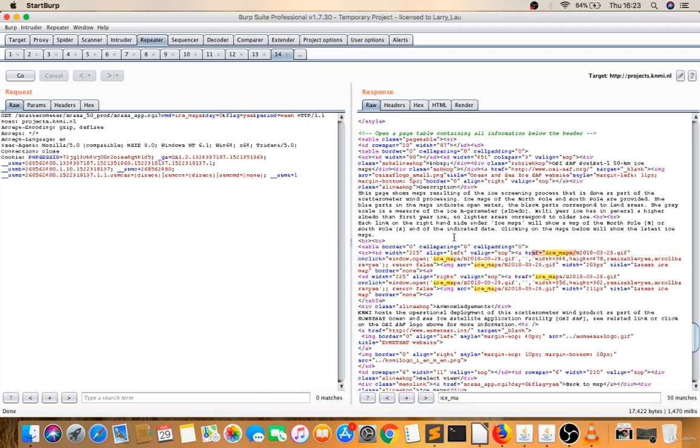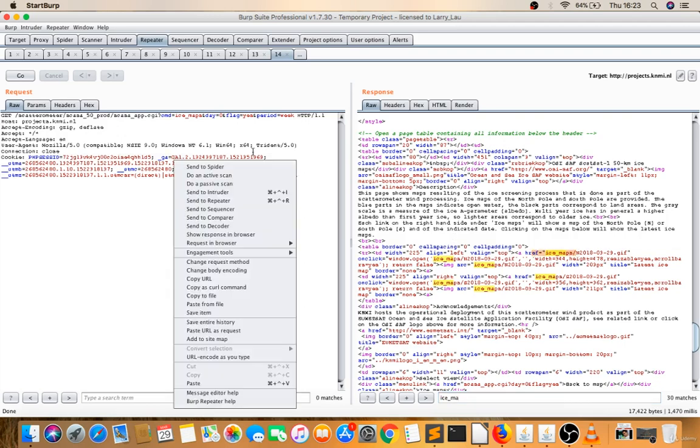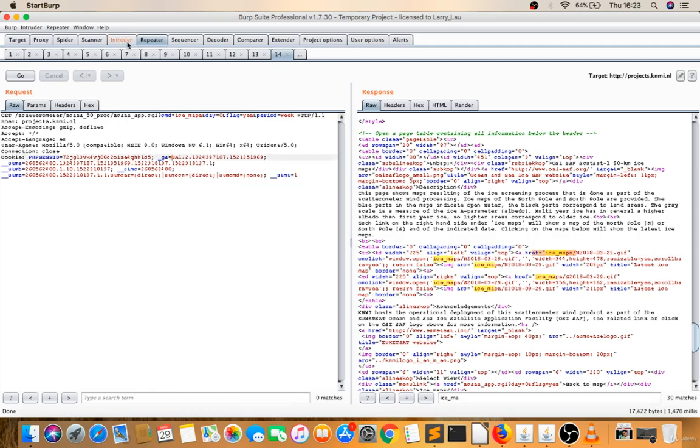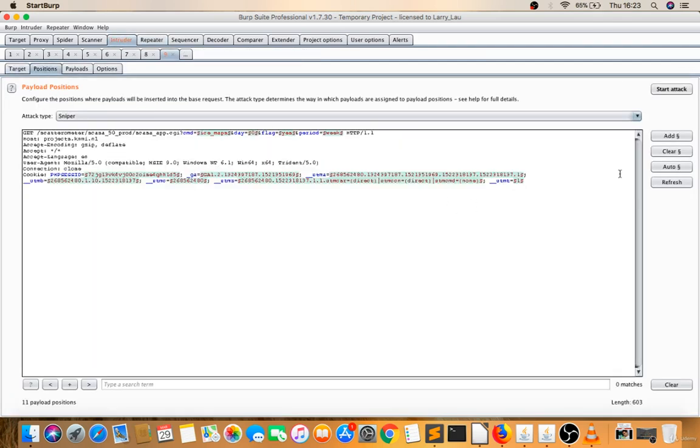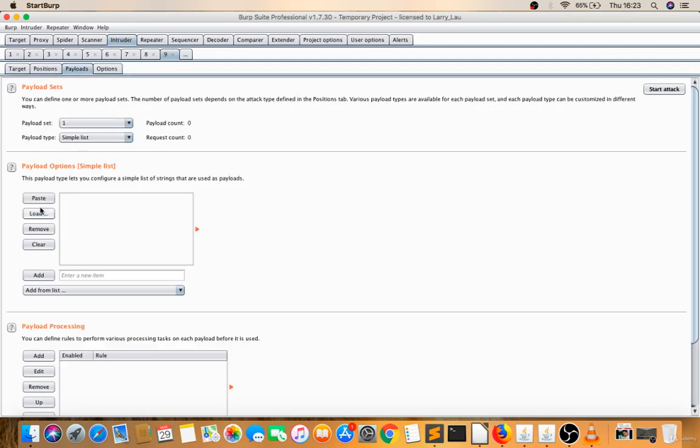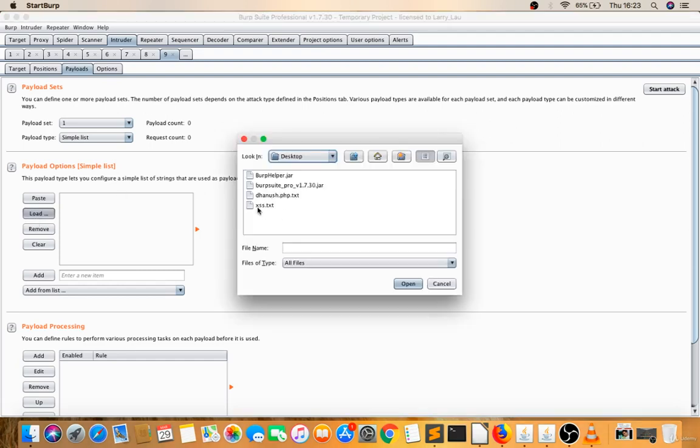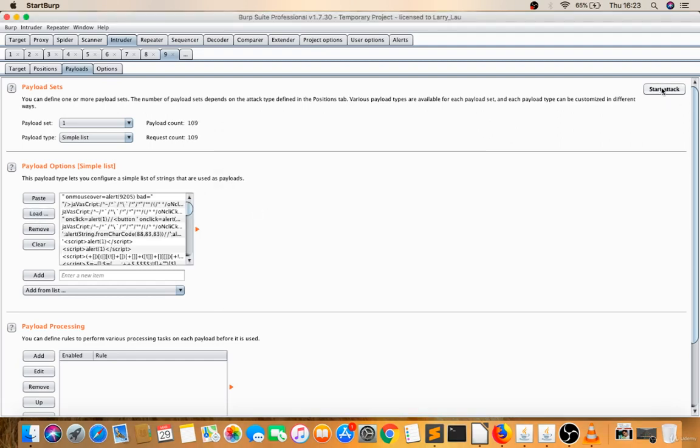ICE maps is reflecting. You can directly right click, send this to Intruder, go to Intruder positions, clear this, select ICE maps, add that, payloads, load the cross-site scripting payload list, start attack.